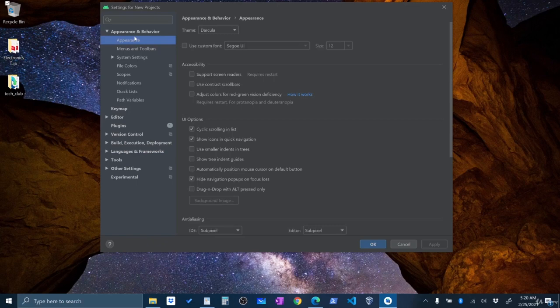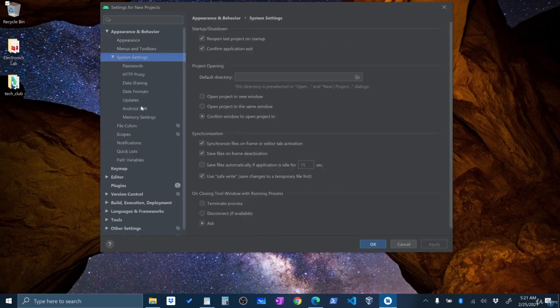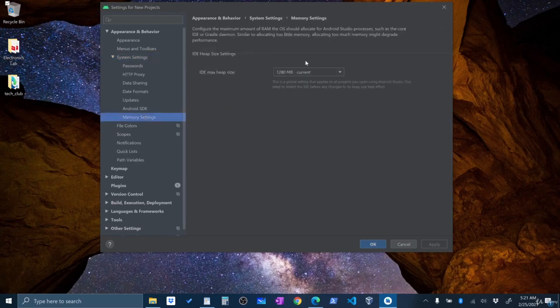If we look, we can change our appearance, if we want to change our theme or our font. We can go down to system settings right here, and we can change the memory settings. Here we can essentially adjust the amount of RAM that Android Studio is going to use. So if your Android Studio is not running well on your machine, you can try to allocate more or less memory here. But it does tell you, allocating too little memory or allocating too much memory might degrade the performance. So there's going to be a sweet spot right there. I just wanted to show you that in case you're not happy with the performance of the Android Studio